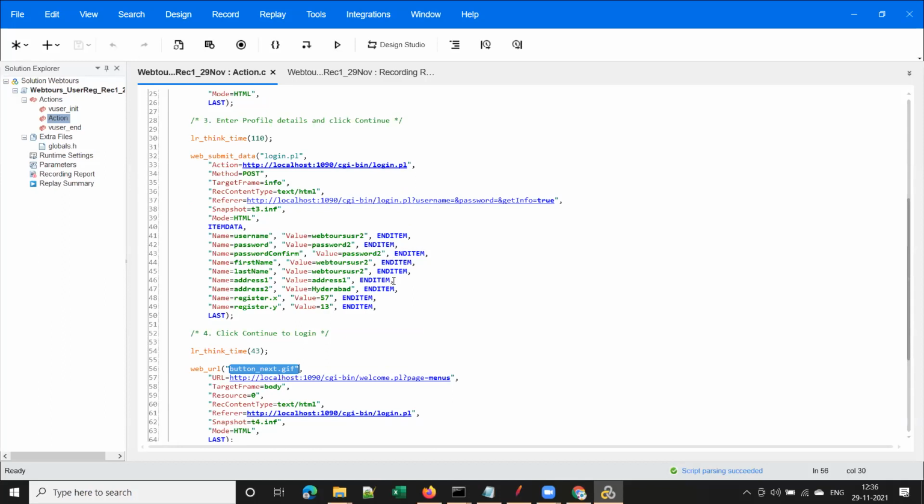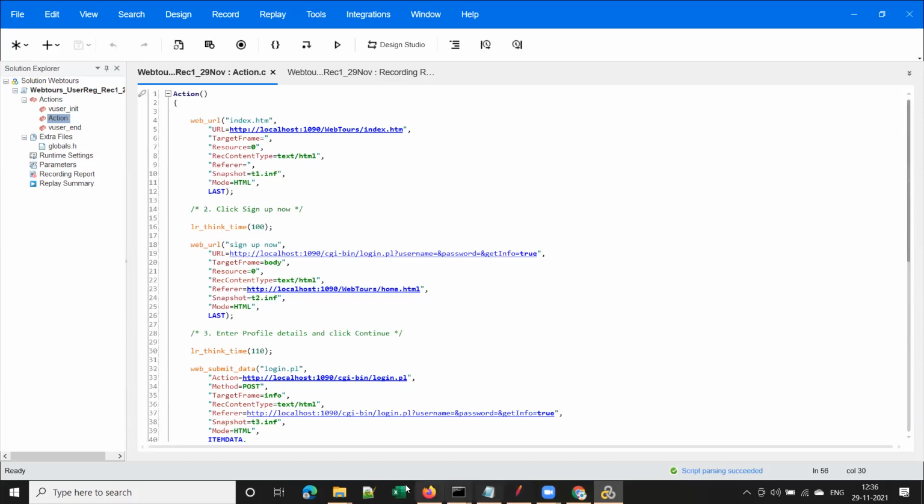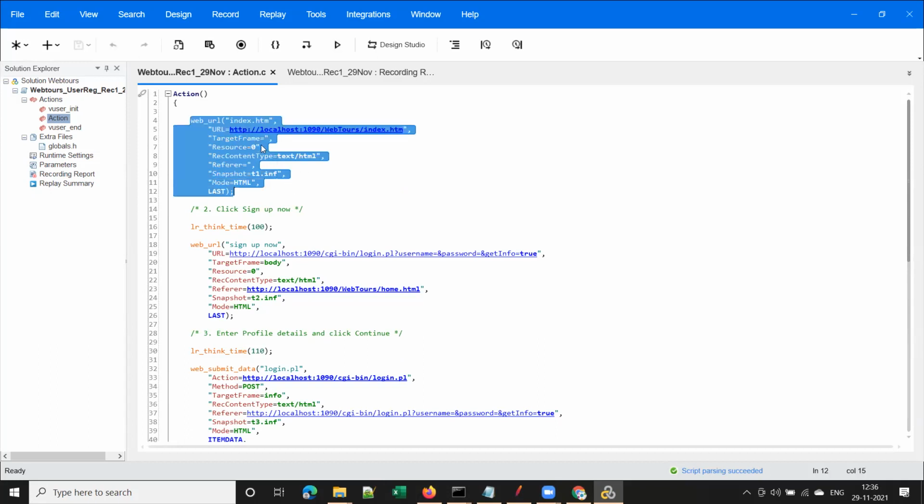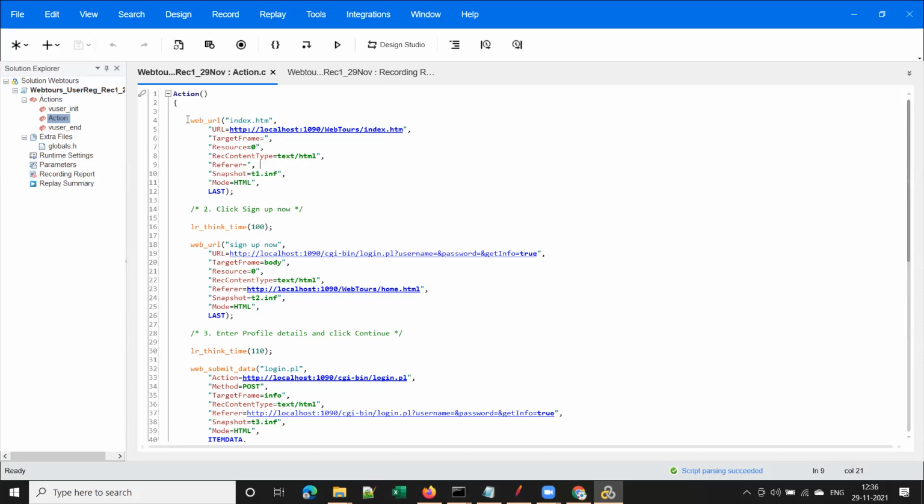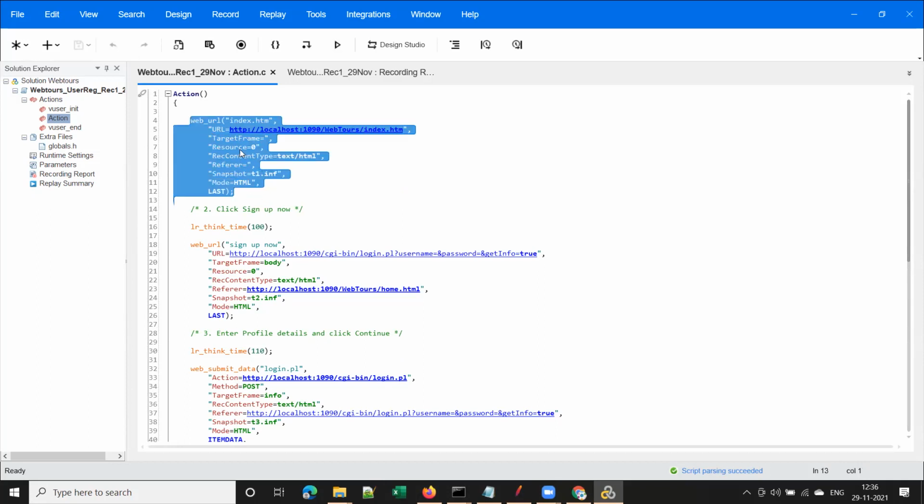Is it clear? Yeah. Right now, Pritish asked me one question, what is meant by recording events? Then I answered that events is nothing but requests and responses. So these are requests. We understood that these are requests, but how about responses? Will LoadRunner, or any tool, capture the response also? Yes, it will capture. Let me show you the response of this request. See, from here to here, this is one request, guys.